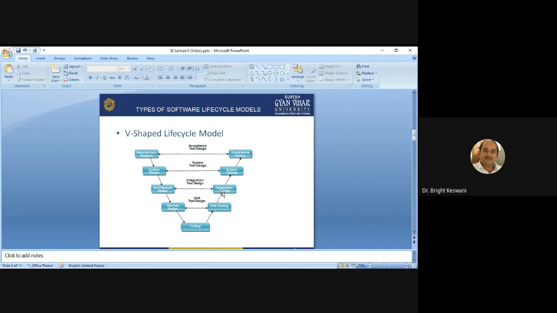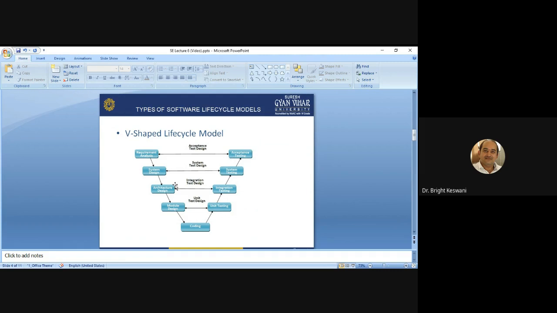Then we will integrate all the modules of the system. Then we will conduct the integration testing. Then after the integration, we will conduct the system testing, and before giving it to the end user, we will conduct the acceptance testing.